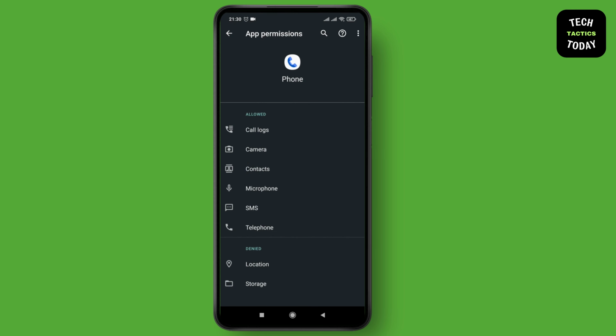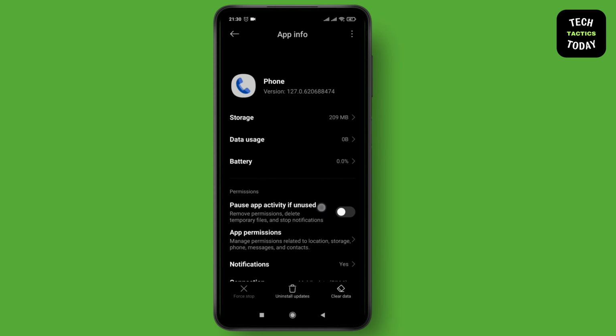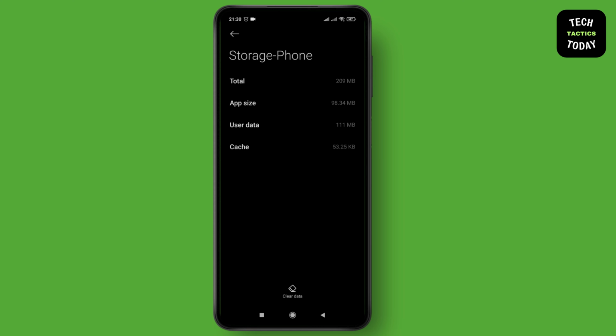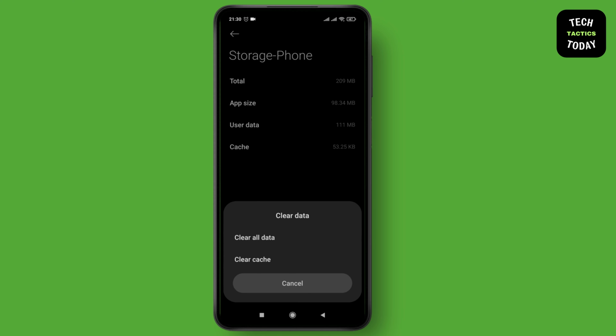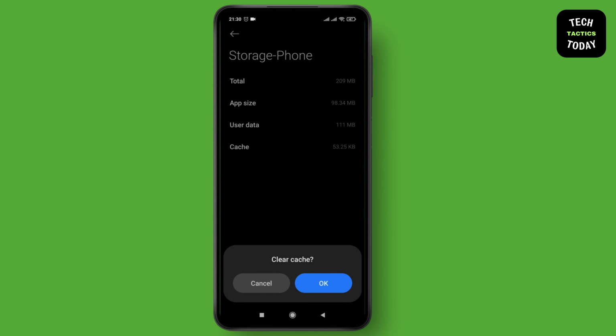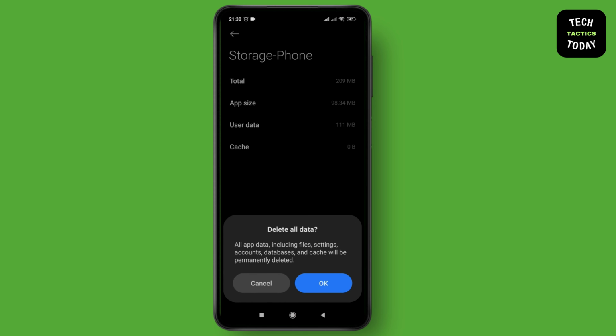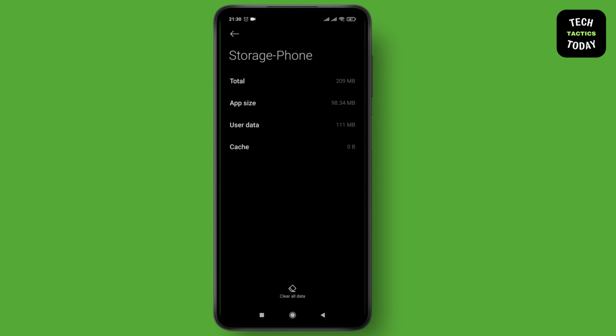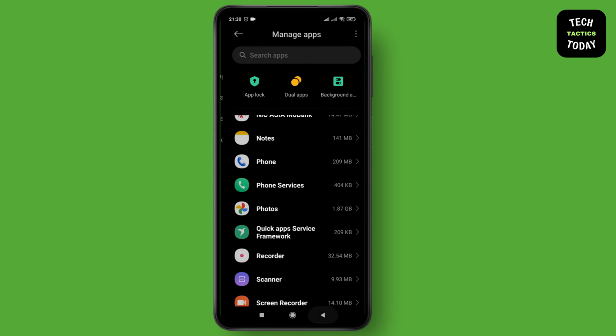After that, go back and tap on storage. So here tap on clear data and clear cache and clear all data. After that, go back